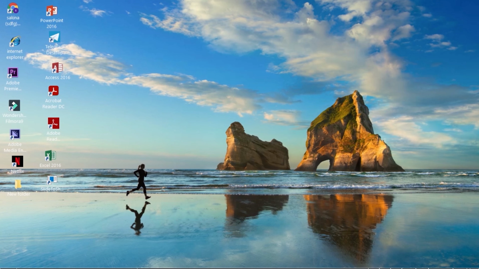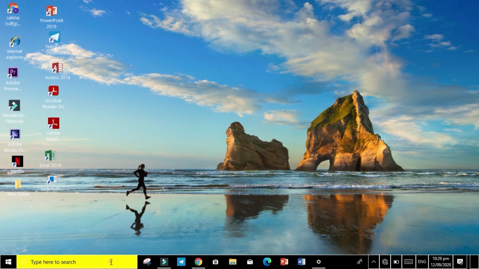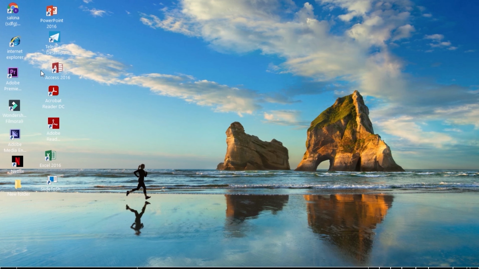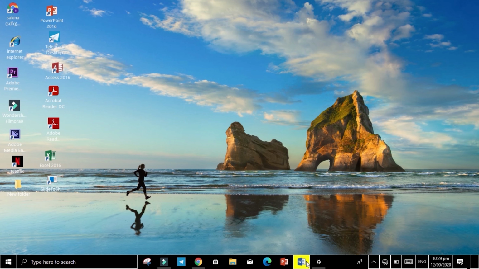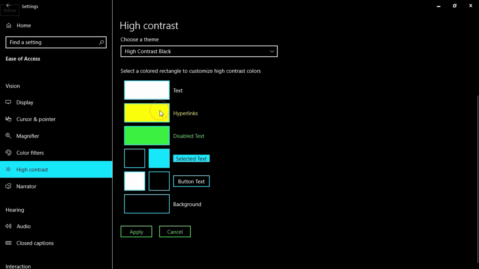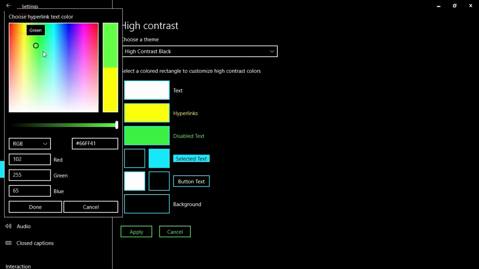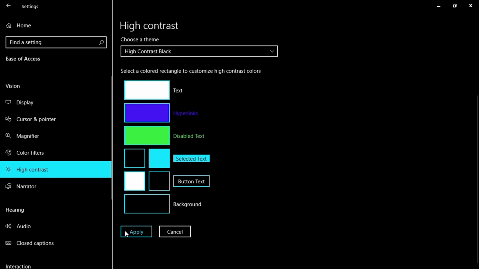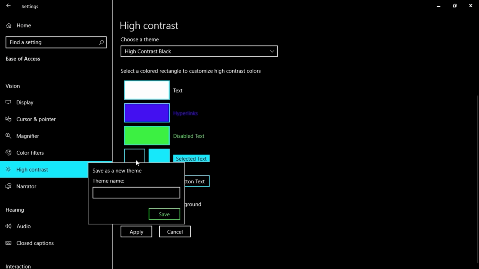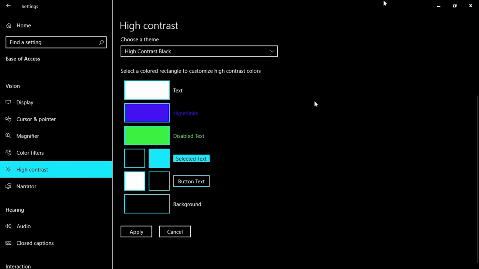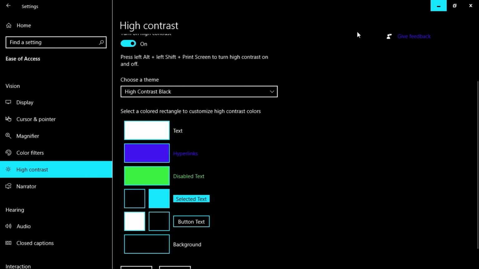So let's take a review of it. You can see if I press somewhere, it would be yellow color, and everything is just dark and dark. So here you can change all of them, selecting. If you press somewhere, it would be blue, so you can change all the settings from here. So I have saved all of them, so if I click somewhere, it would look like this one. So let's move to the next one.